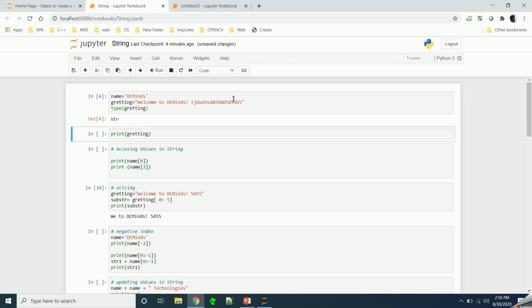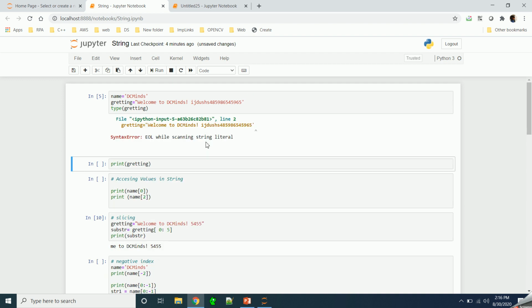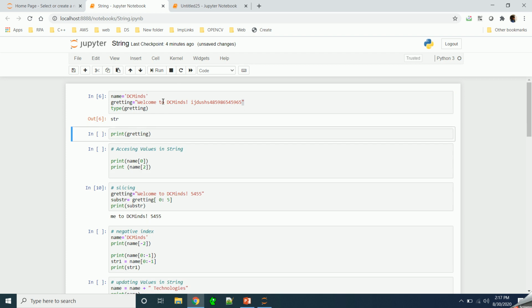One thing you cannot do is mix the single quote and double quotes. Here it is double quotes and here I am giving single quotes. Let's run this and see what we are getting. Okay, so here we are getting an error. This is because it is a mix of quotes. It should always be the same. Like here if it is double quotes, here also it should be double quotes. That is, the start and end quotes should be the same. Now let's run it. It's giving proper output.